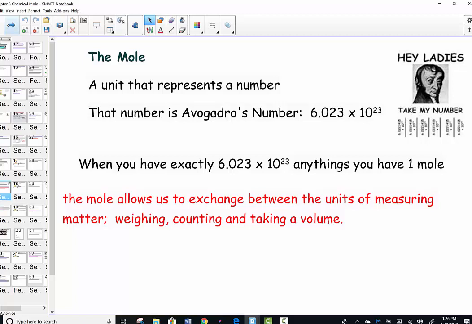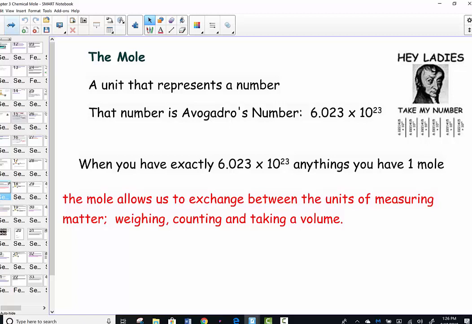real picture of Amadeus Avogadro. I know. It's a little scary. I'm just watching your faces go, ooh, I hope his mother loved him. He kind of, hey ladies,